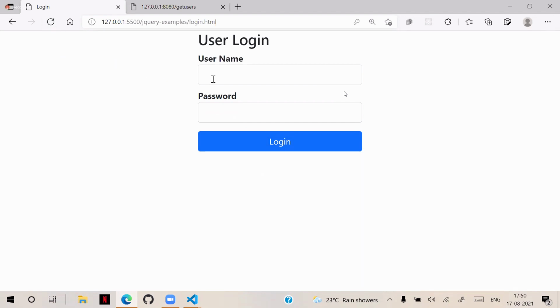So that means you see, I'm writing Sanjay_NIT and Sanjay@12, and that is the password, whether that username and password are correctly coming or not.